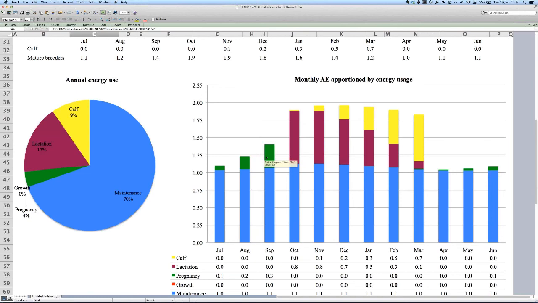This is the critical point. We've nominated a January conception date. She still has a hell of an energy demand on her at that November, December, January period when half of them need to get in calf to meet that